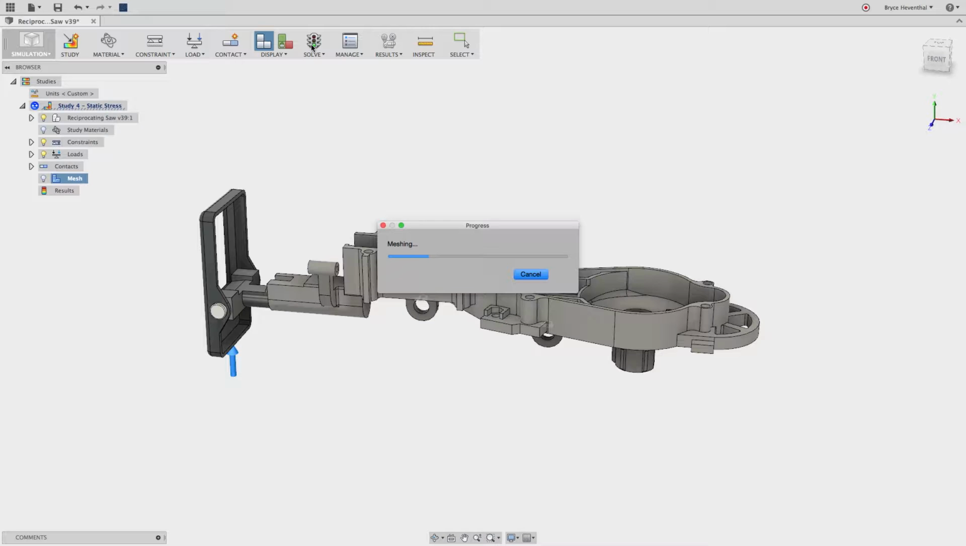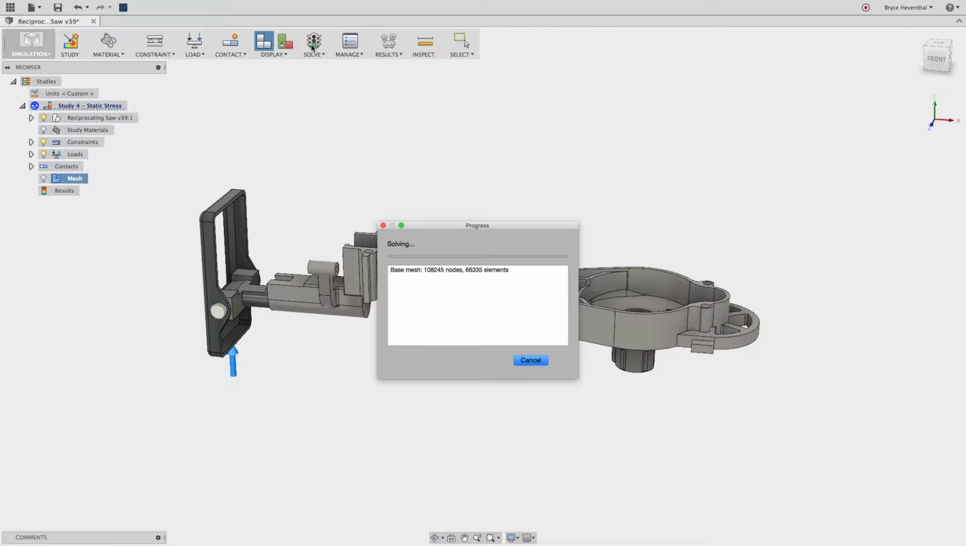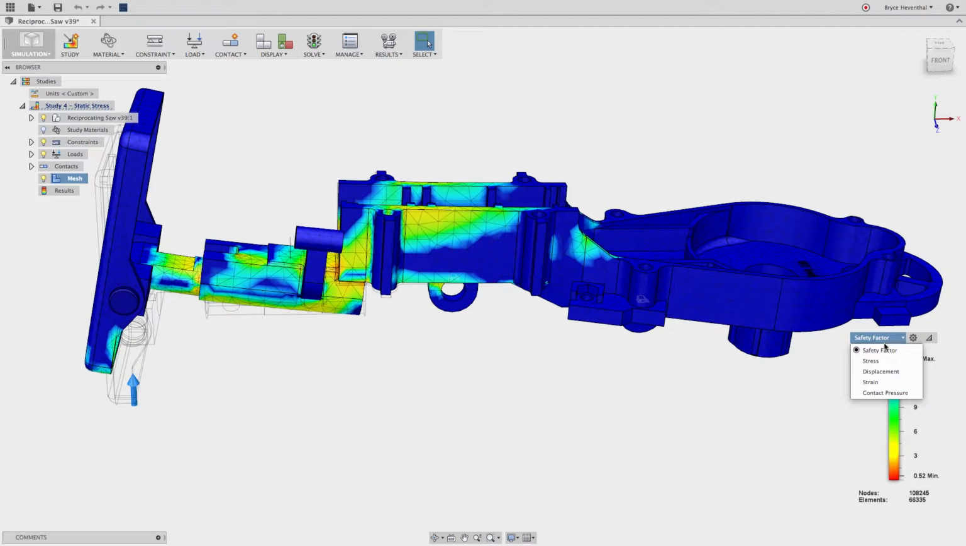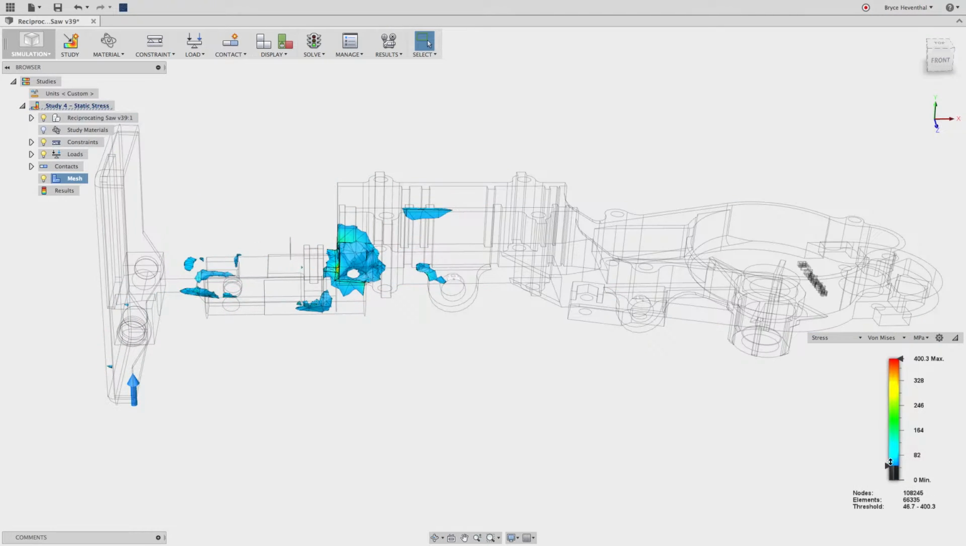Normally, we would want to ensure that our simulation converges on a stress value. In that case, I would turn on our mesh adaptation tools, which will refine our mesh in areas of high stress concentration. Now that Fusion 360 has solved our simulation, we can interrogate our results by looking at different plots,